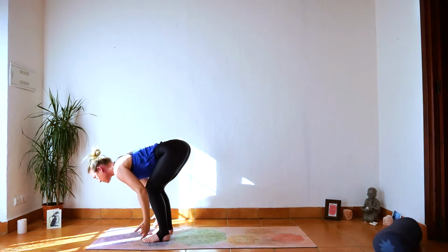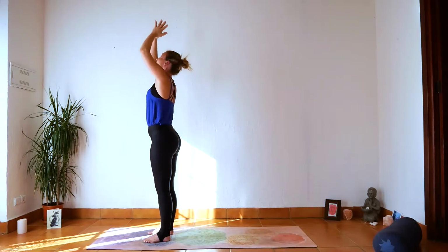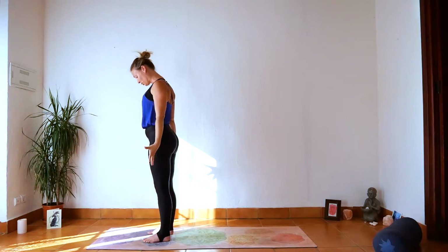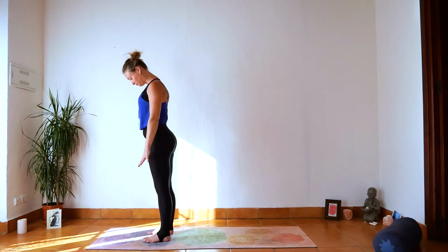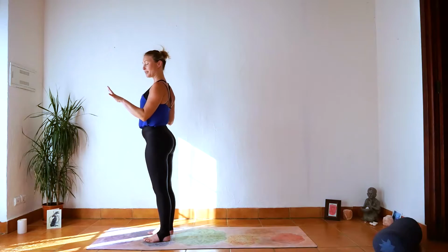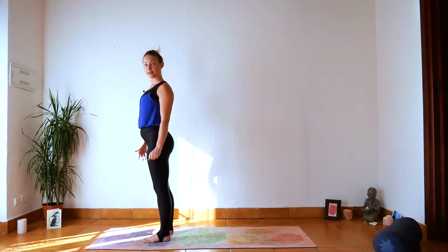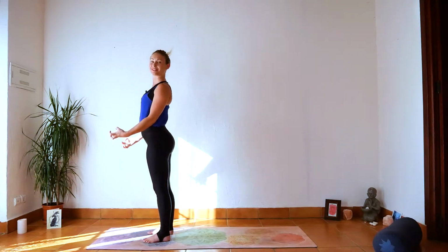Inhale, sweep up to standing with a flat back, knees bent, palms touch above the head and draw the hands through your heart center. Great, release your palms. We're going to come to a balance tree pose. So press your left foot into the floor, raise the 5 toes of your left foot, spread them out, press them back down again. All 4 corners of your feet shooting down into the floor